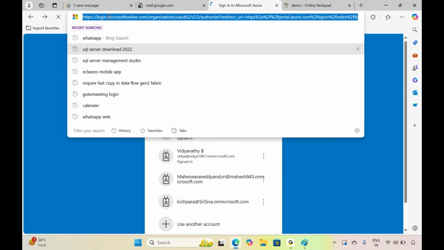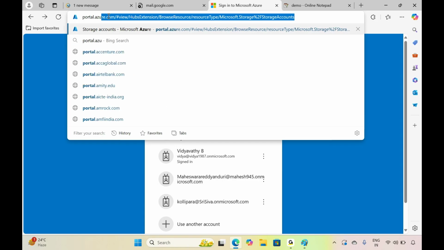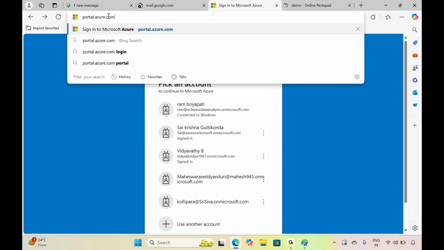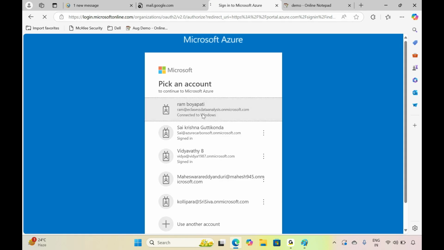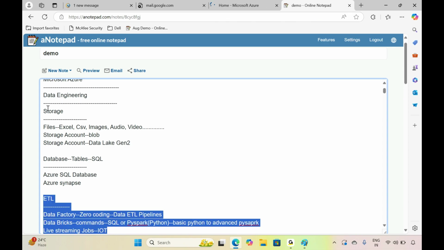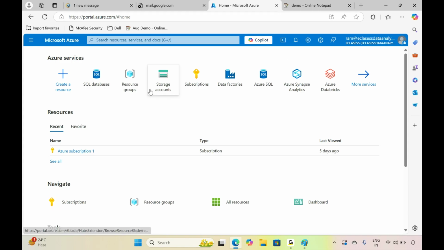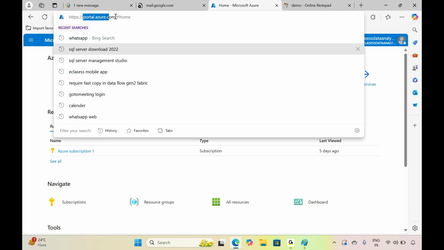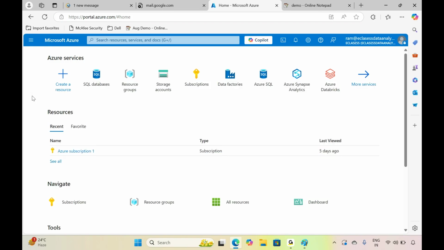Simply, you can log into portal.azure.com. This is a cloud platform. Here inside you can find many software services. Whatever ETL related services or storage related services you want, you can find inside this portal.azure.com, and we can use those services.